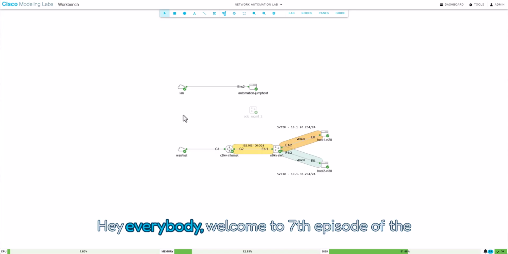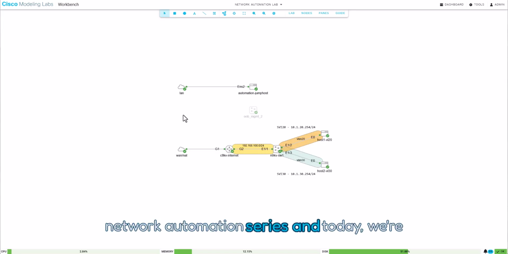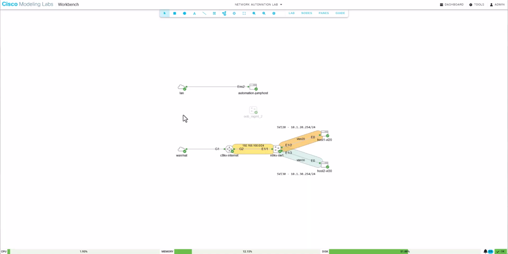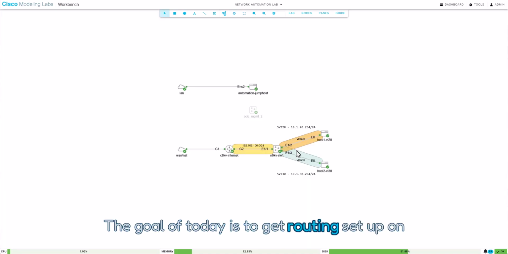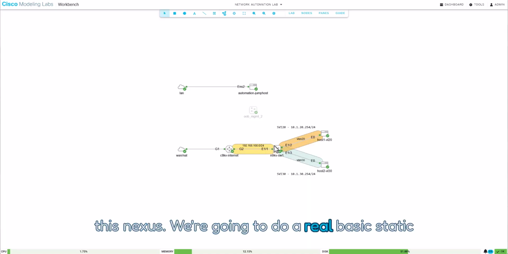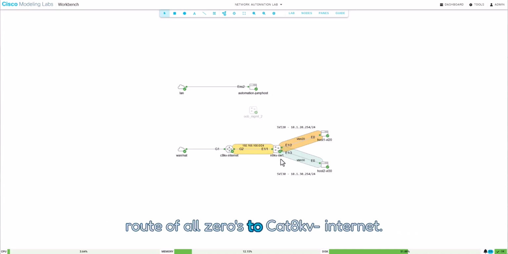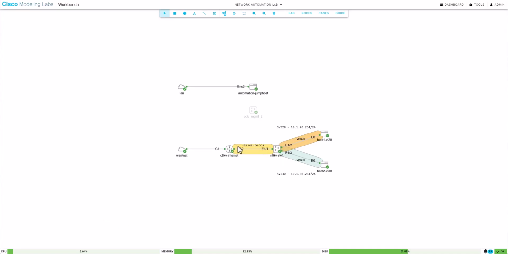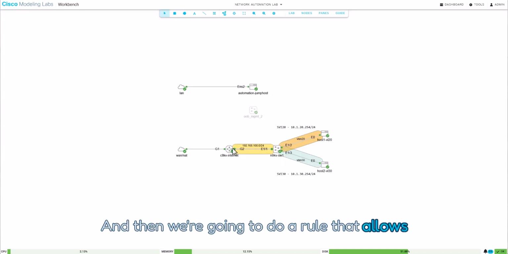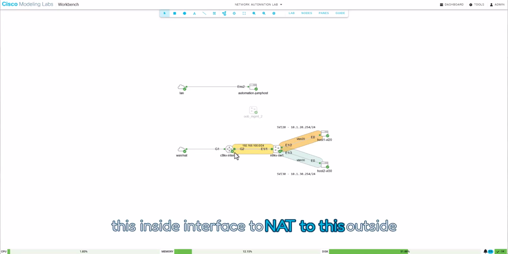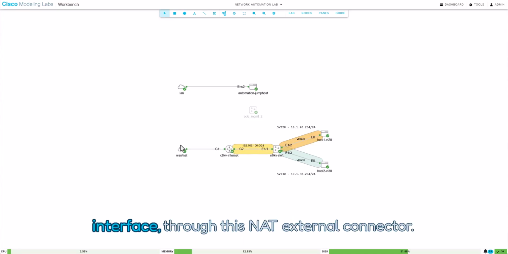Hey everybody, welcome to the 7th episode of the Network Automation series, and today we're going to wrap up this Network Automation lab. The goal of today is to get routing set up on this Nexus. We're going to do a real basic static route of all zeros to the CAT AKV internet, and then we're going to do a rule that allows this inside interface to NAT to this outside interface to this NAT